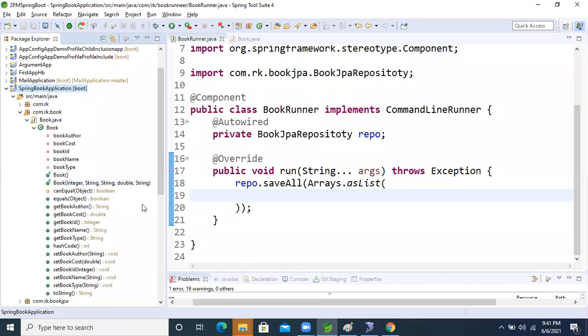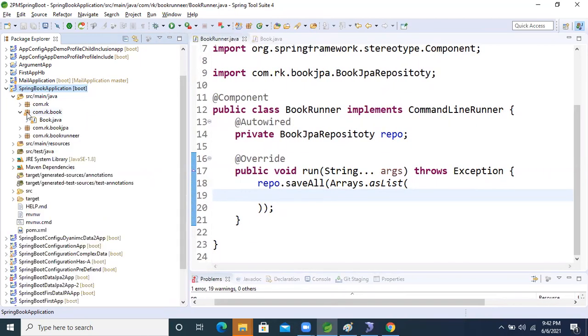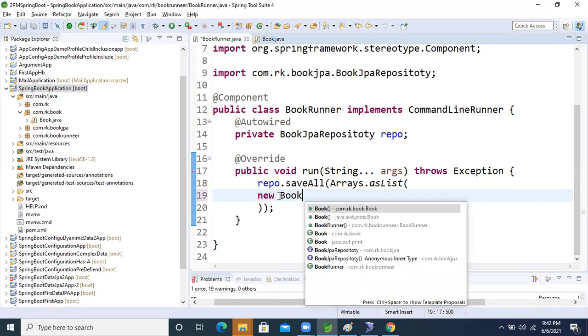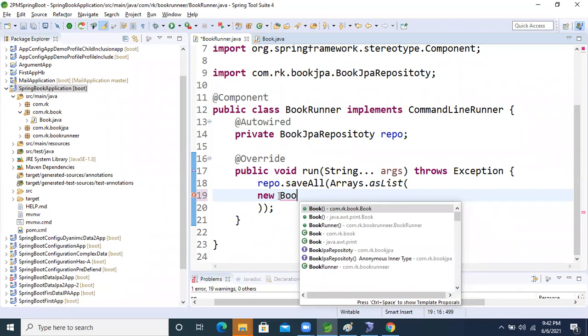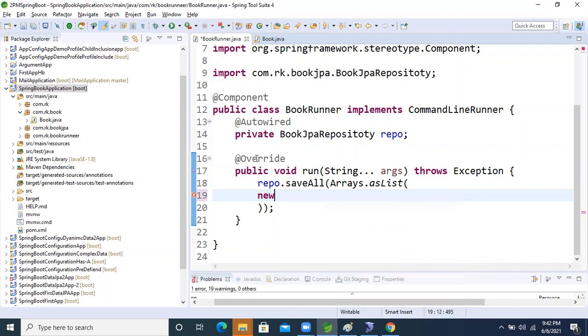See in the Book, right? Already here the Book integer parameterized constructor is there, but outside it is not coming. Means what? Whenever I'm using here new Book, see, there is no parameterized constructor showing now. Ravi, earlier you used the object, Book equal to new Book. Try to create like that. Yes, okay. In the previous project also you did like that only. Yes, Book equal to new Book.